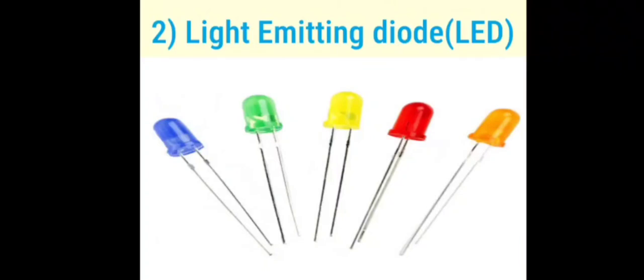When the forward current of the diode is small, the intensity of light emitted is small. As the forward current increases, the intensity of the light emitted also increases, and reaches a maximum value. The IV characteristics of an LED are similar to those of a silicon or germanium junction diode, but the threshold voltage is much higher. The reverse breakdown voltage of LEDs is very low. It's about 5 volts.